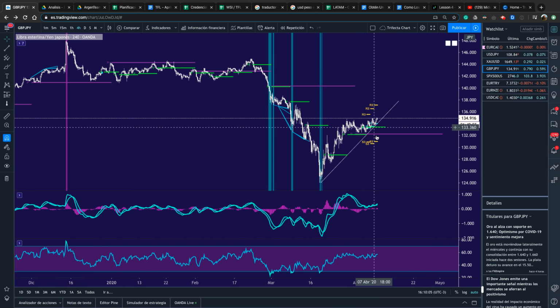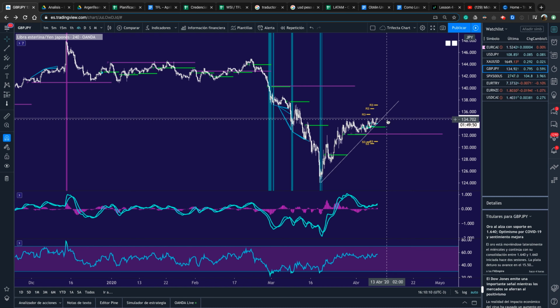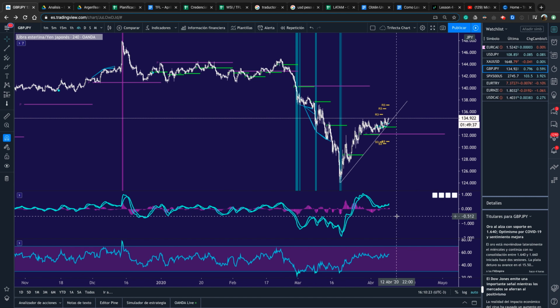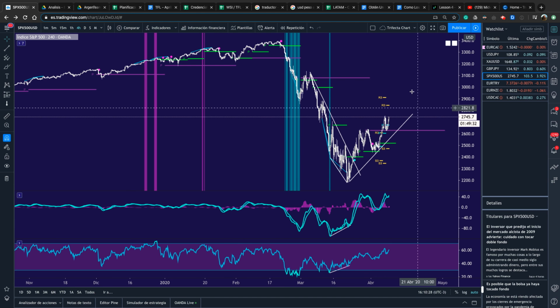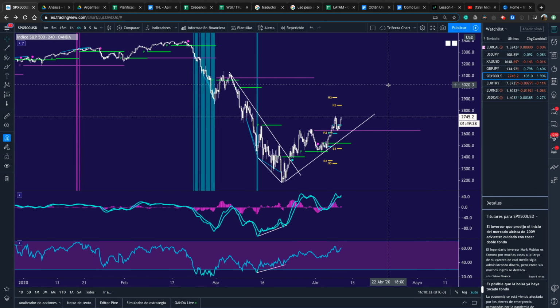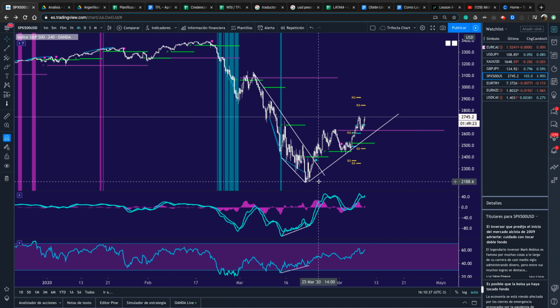And if we saw a break of this trend line, I think the pound against the Japanese yen is going to start to show willingness to create a downtrend with new lower lows and lower highs. Okay, so now the next thing is the S&P 500, and the thing is that after the crash,